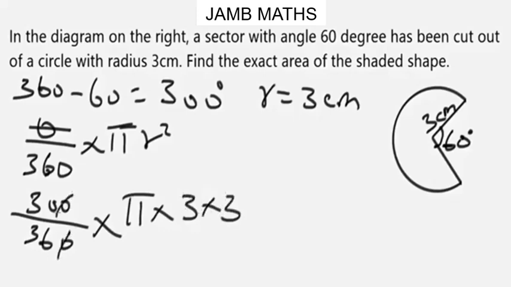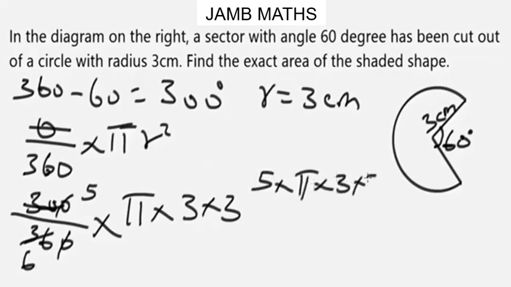We cancel this 0. What else can cancel? 6 can cancel. 6 cancels 30, we're going to have 5. 6 cancels 36, we have 6. So we'll be left with 5 times pi times 3 times 3 over 6. So let me punch this on my calculator and see what it's going to give me. Okay, so when you punch it, I have the answer to be 15